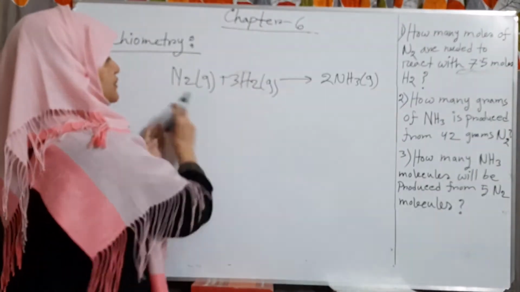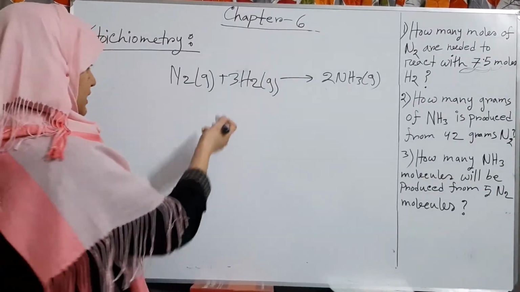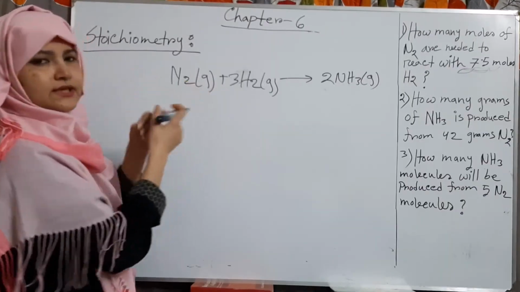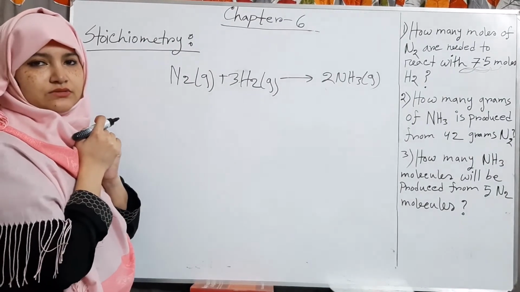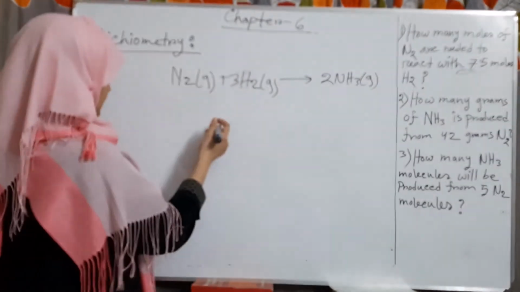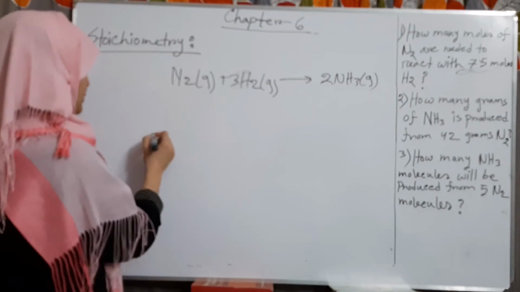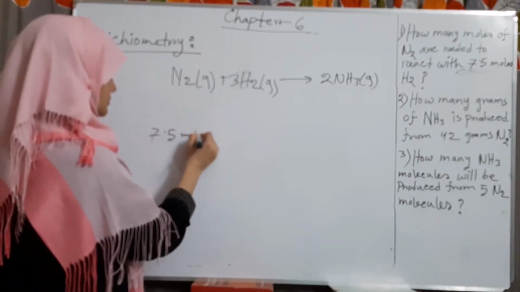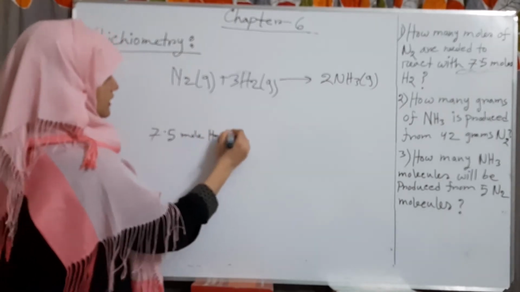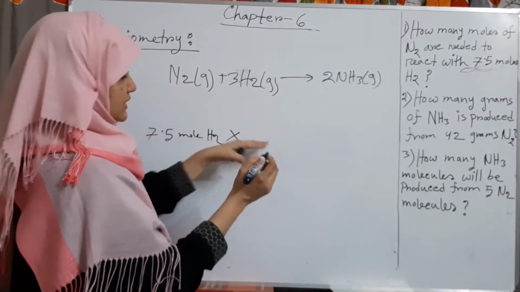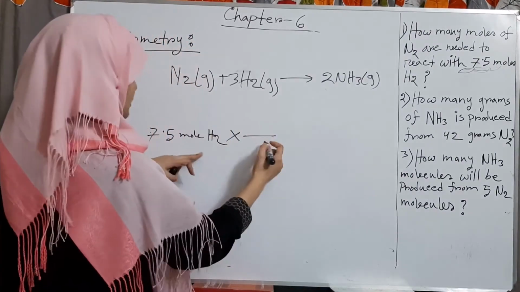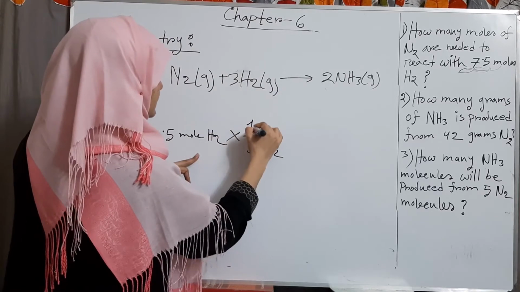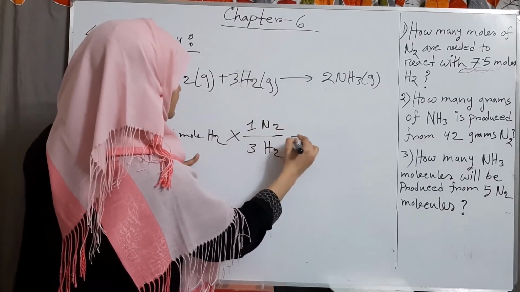That's why this information will be needed. From the coefficients we easily get the ratio of the reactant molecules. At first we have to take 7.5 mole hydrogen, and then the ratio can be used. We use 3 hydrogen here and 1 nitrogen, and if we calculate